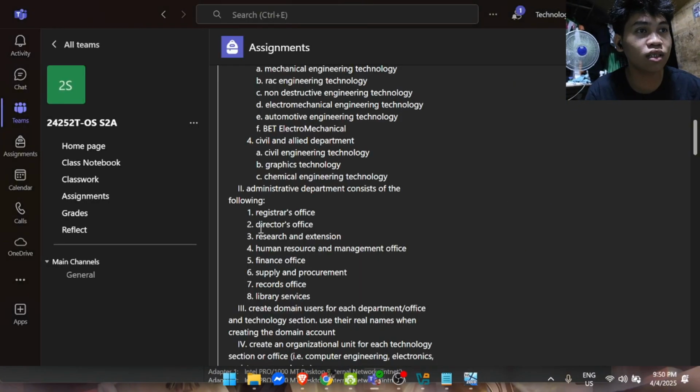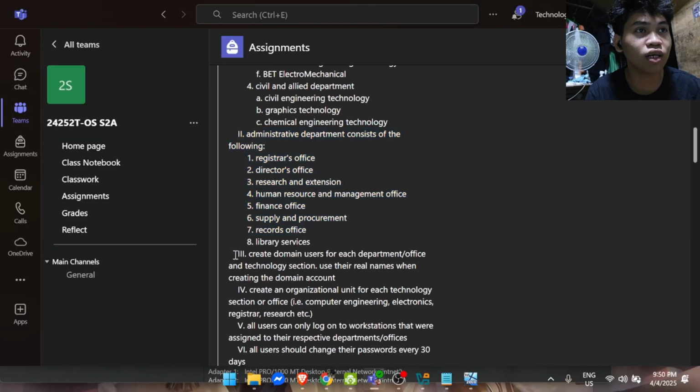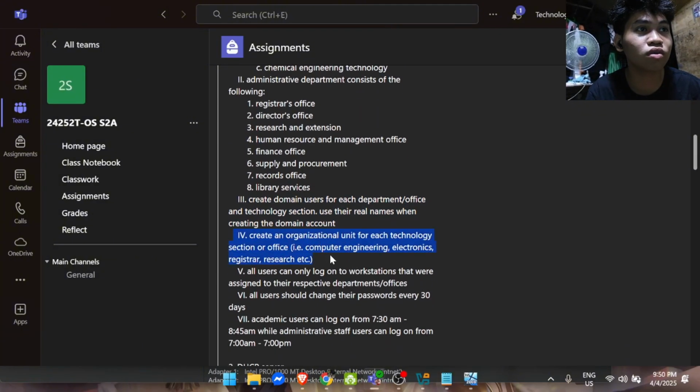So we have done Roman numeral number 2, and create domain users for each department. We also did the organizational unit for each technology section. Did we do this? This is the same as this one, right?